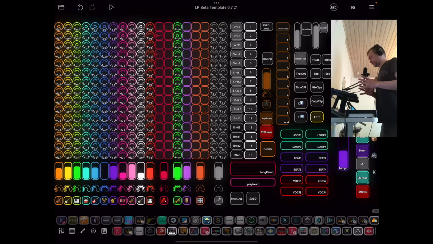The idea is that you can bring into this song page so much from the other pages quite easily. And then you can use effects and MIDI and anything to create that audio clip. Of course I can record directly to here. I have now strings. I can go to instrument page